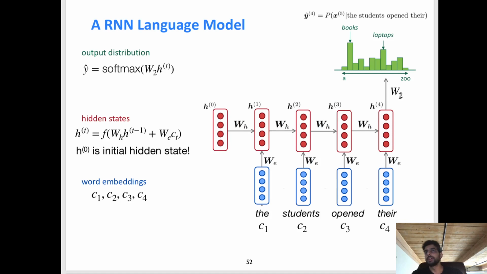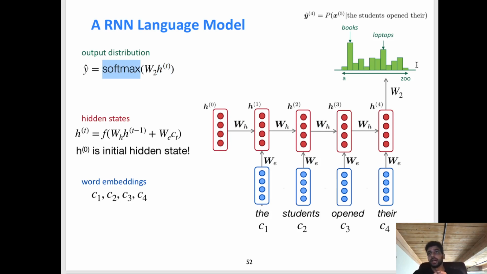Okay, and what about W sub 2? Well, the vector that this matrix vector product includes is h sub 4, which is a 4-dimensional vector. And so we want to project this 4-dimensional vector into a size v vector, right? Where v is the number of word types in our vocabulary. So W sub 2 in this equation is going to be v by 4. So when you multiply this v by 4 matrix with this 4-dimensional vector, you get this v-dimensional vector, which when we then apply the softmax to it, gives us this probability distribution.